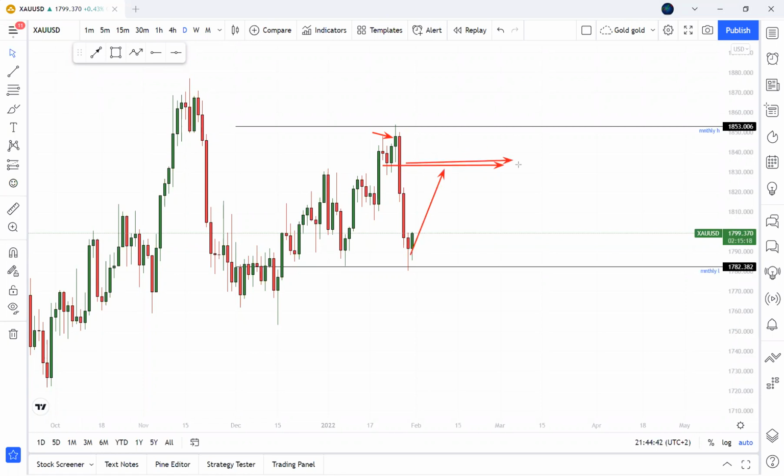So we would want to see price come all the way up to that area. And then when it reaches this area, we have to see how price is going to react to this area. Is it going to push higher or is it going to reject, right? We would like to see a rejection because price